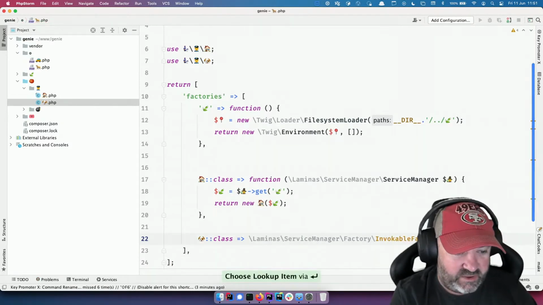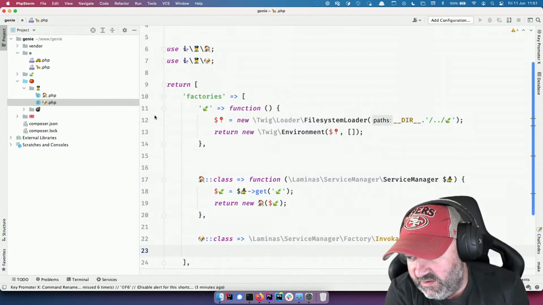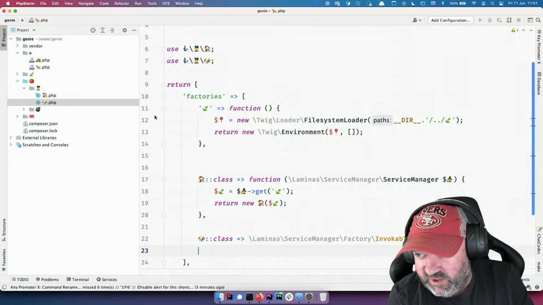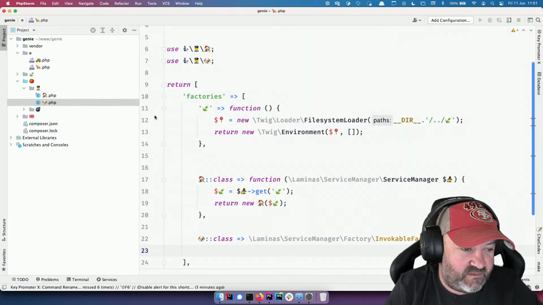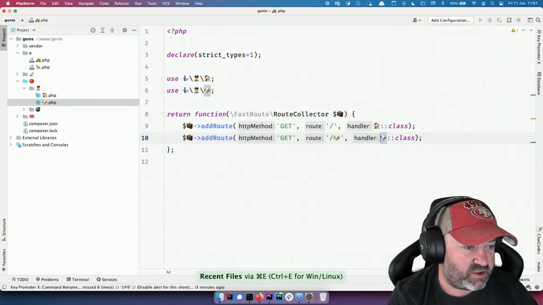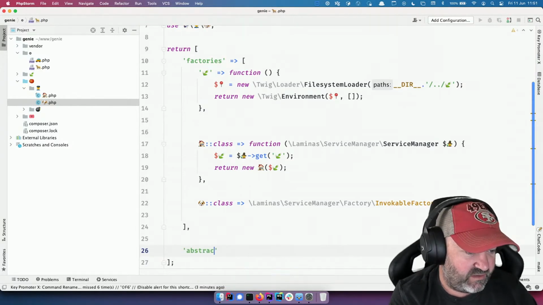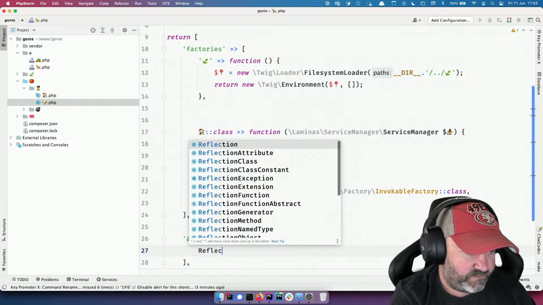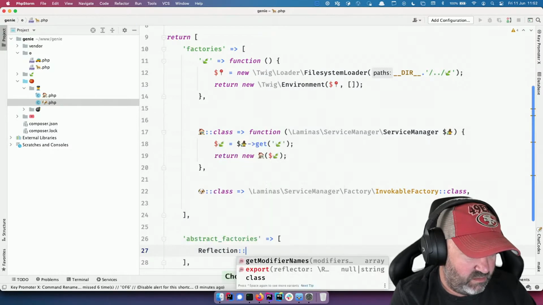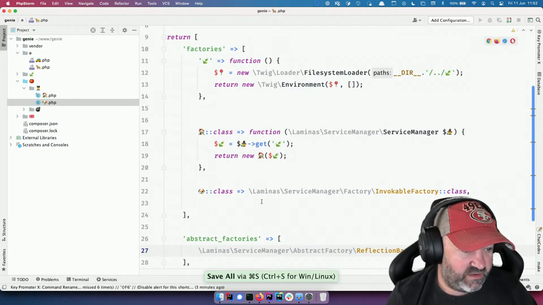I mean, I should be able to use the reflection-based abstract factory, right? I wrote it, so I should know how that works, but I just forget. I actually really wish that I remembered. I just go like abstract factories and then say reflection based abstract factory. And then this should turn,